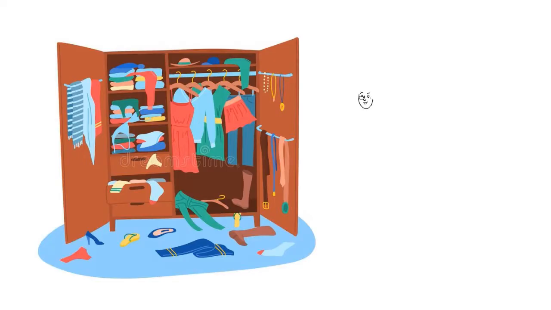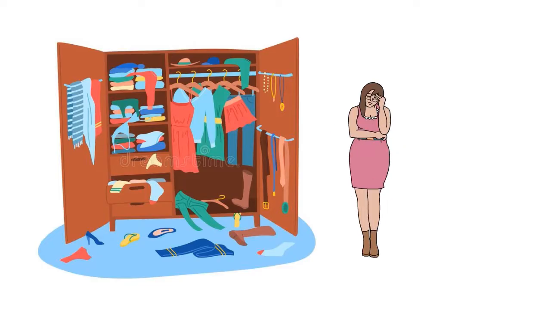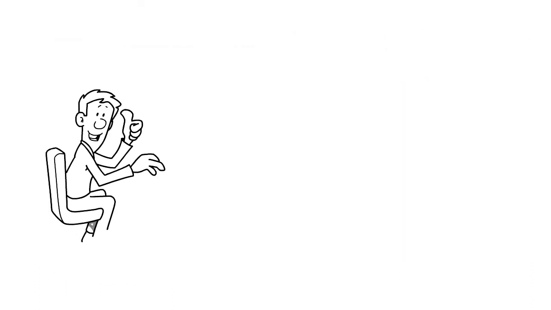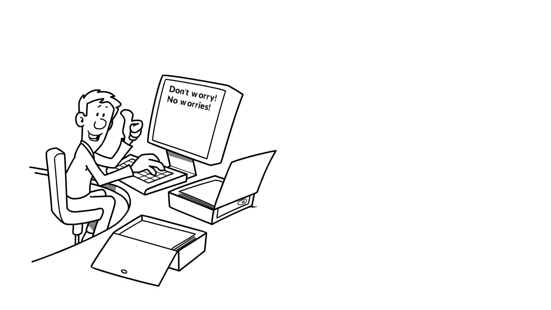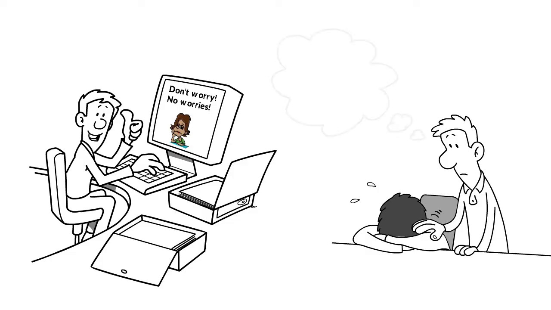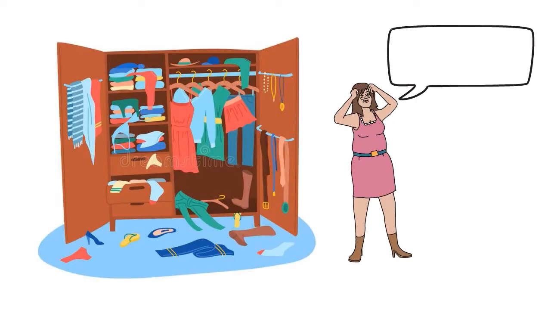You want to dress up for a party, and it's time to open the wardrobe and decide what to wear. Although you have a lot of clothes in the wardrobe, you still don't know what to wear. Has this ever happened to you? It's the same in the English language. You learn many words to expand your vocabulary, but when you want to speak, you don't know what to say or how to say it. You're lost for words. Why is that?